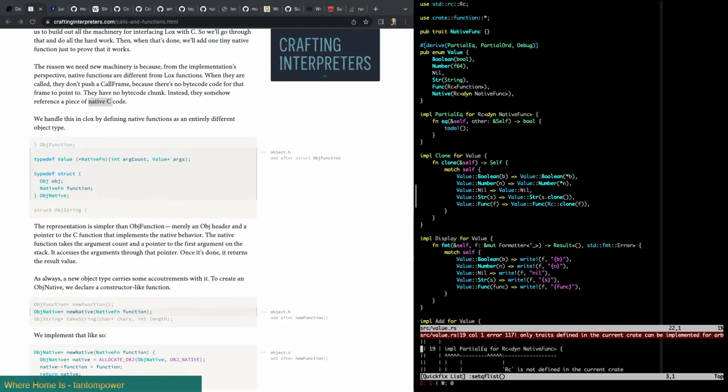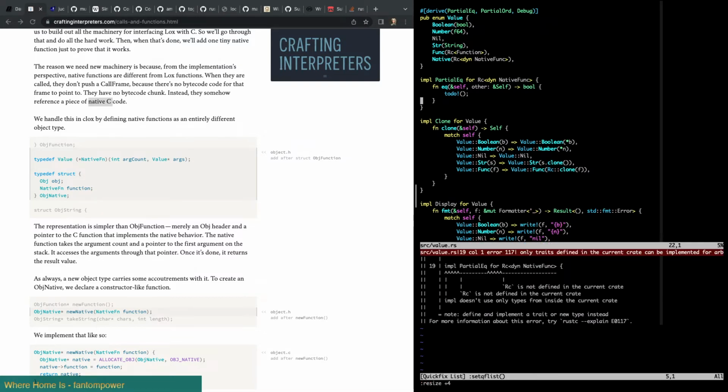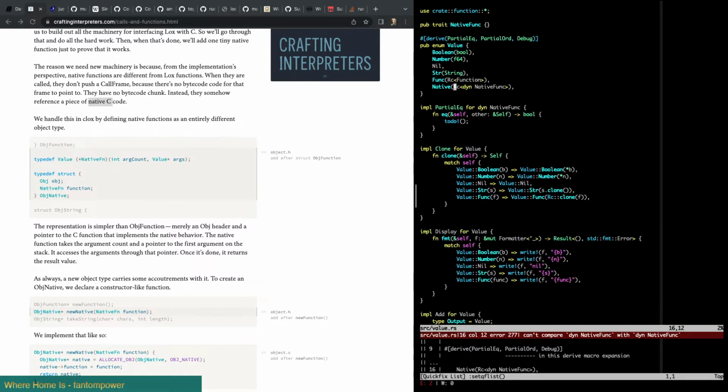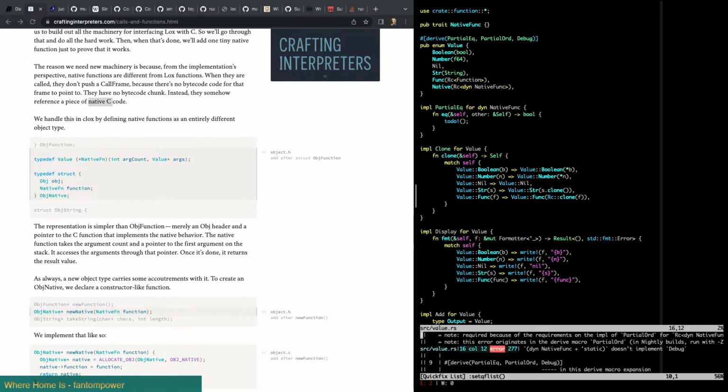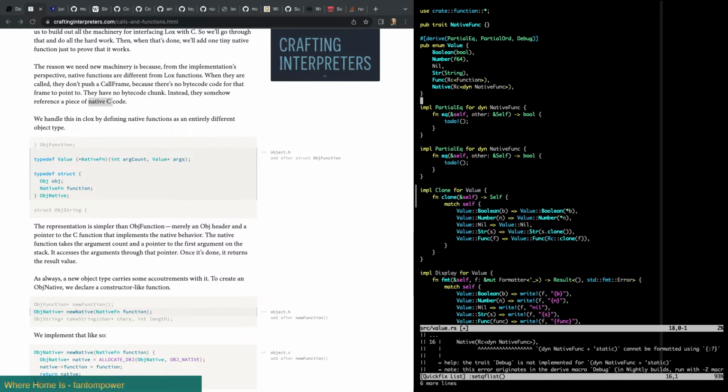Right, so Rc is not defined in the current state, so I can't define it for Rc. And I don't think I can do this and have it get into here. Oh, wait, it kind of... Well, it didn't complain. Let's see if I can do it now for this as well. PartialOrd.